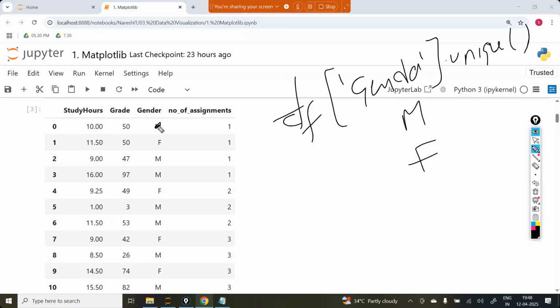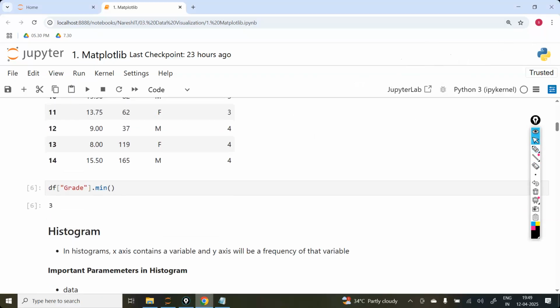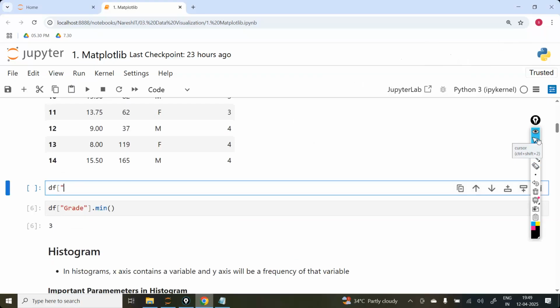For example, assume here F is there. The first record is F. Now when I apply df.gender.unique, which one will you get first? F, and then M. In this case, first you get the F letter followed by the M letter. So unique values will be decided by the order of the values in the original data. If you want, you can check now. So here, df.gender.unique, I'm asking for the unique values,